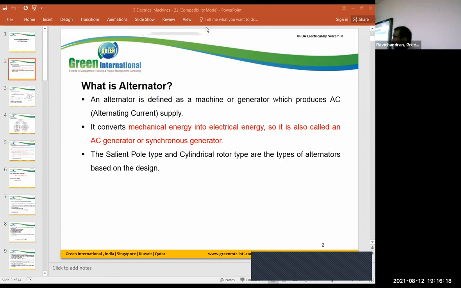As per Faraday's law, we need two physical things, magnetic field and conductor. That is field winding and armature winding. Field winding is used to produce the magnetic field. Conductor is used to collect the electricity. Depending upon our requirement, either the magnetic field or the armature needs to rotate. And here the alternator is classified based on the rotors. So before going to that,